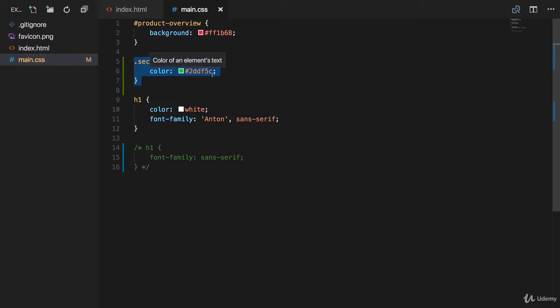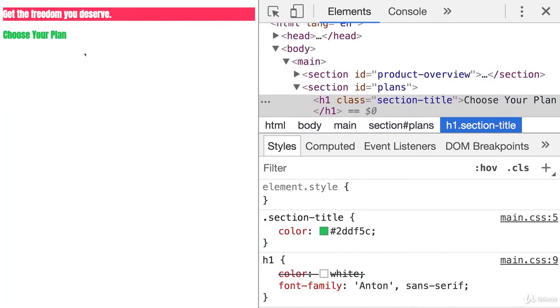Now there is something else related to all of that, and this is called inheritance. Inheritance means that an element also inherits some styles of the parent element. We don't use inheritance in our project yet, so let's add it to the project. And let's add it by setting a global default font so that the text in our project has a global font. I actually don't want to use Anton for all the h1 tags, and therefore, to ensure that this and other texts on the page, and we will add more text, have a different font,